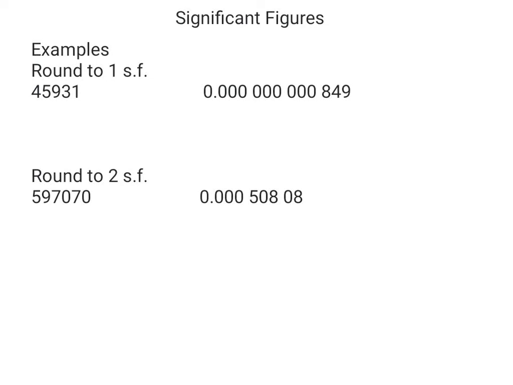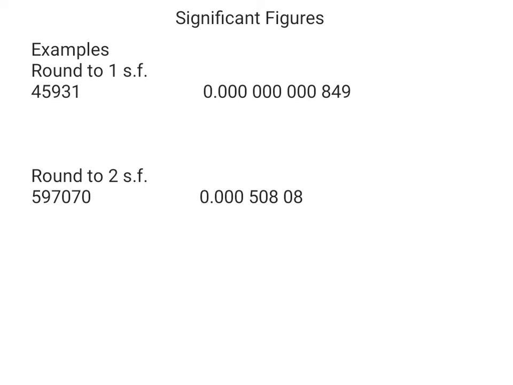Rounding to a certain number of significant figures is just another form of approximation. There are two kinds of numbers that we've got to deal with: numbers which are larger than 1 and numbers that are less than 1. So we'll do this through example. Let's look at the first example, which is rounded to one significant figure,